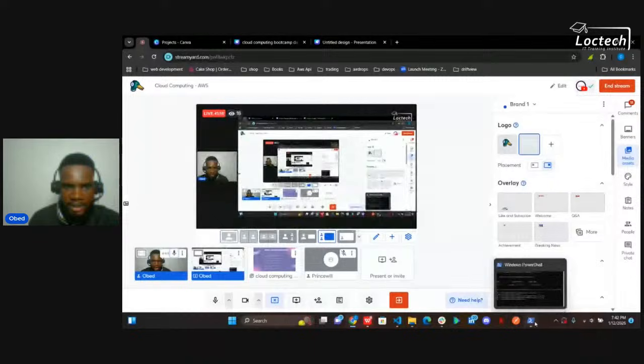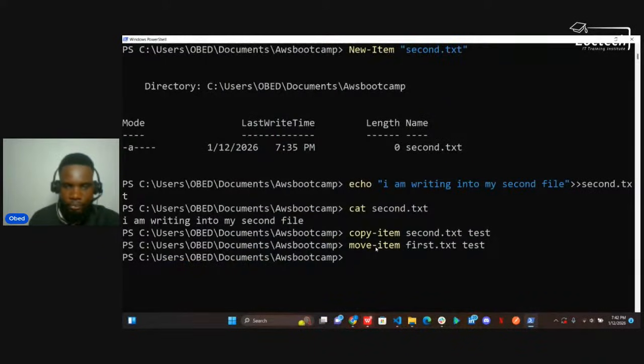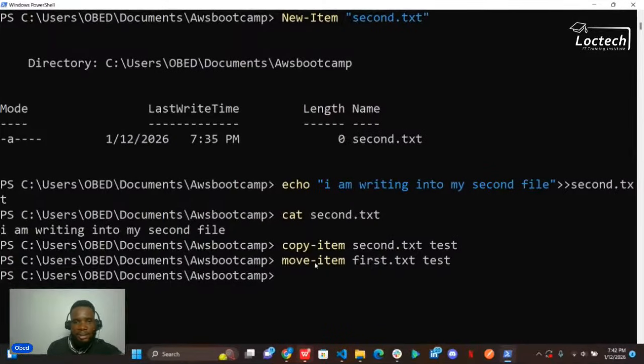All right. We are back. So as I was saying, we've seen how to copy, move, and all of these concepts might be new. Over time, it will make more sense, right? So let's quickly see how to delete a file and a folder.